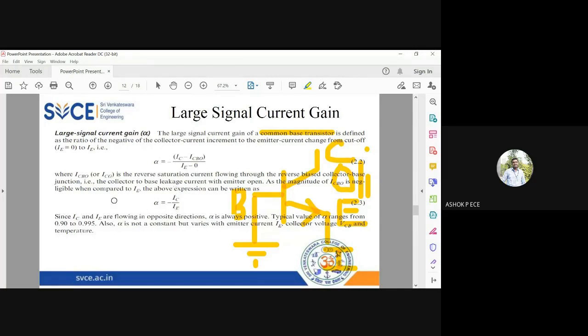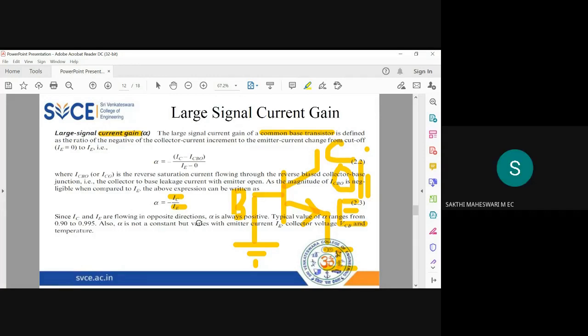Okay. Remember, gain means output by input; current gain means output current by input current. In common base I have grounded my base, so input is emitter, output is collector. So output current is IC, input current is IE. And the minus sign is just a sign convention. Don't get confused with the minus sign. Magnitude of alpha is equal to IC by IE. Of the two currents, which current is larger and which current is smaller?